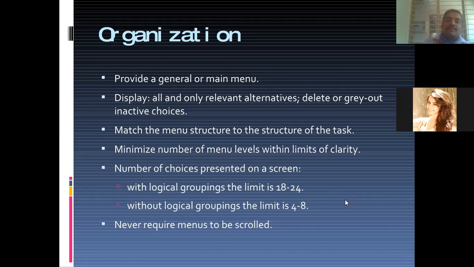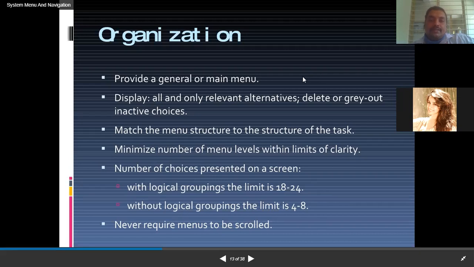It should be consistent, it should display relevant choices, it should minimize menu levels within the limits of clarity, and scrolling should never be required to explore menus. This is the last point. So you need to consider these points while you are dealing with the different varieties of menus and designing a menu.